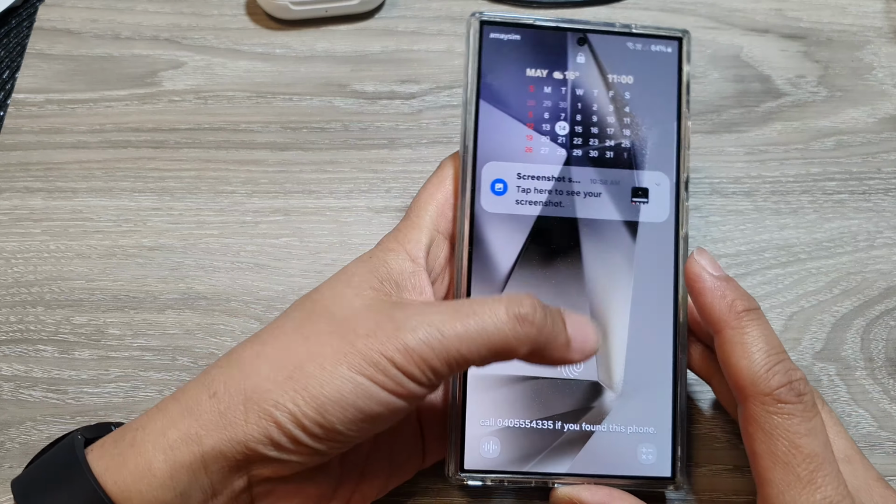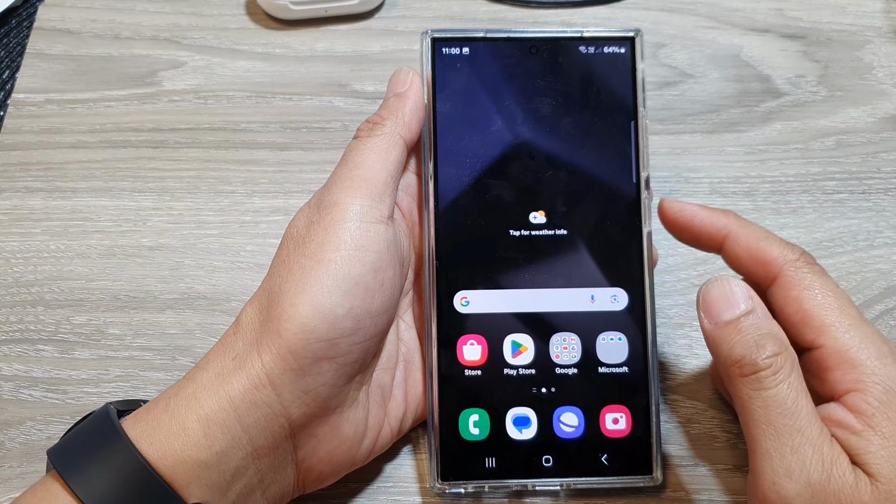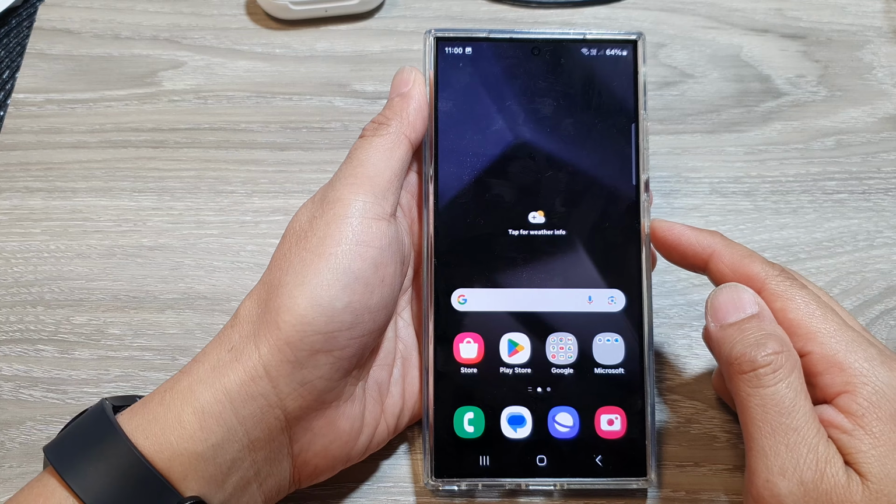And that's it. So that is how you can show or hide emergency contacts on the lock screen of your